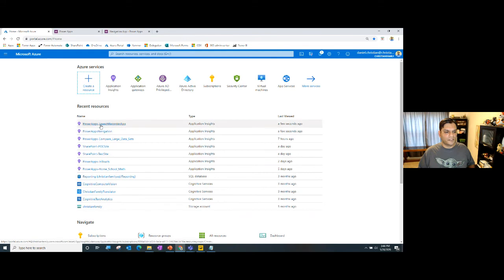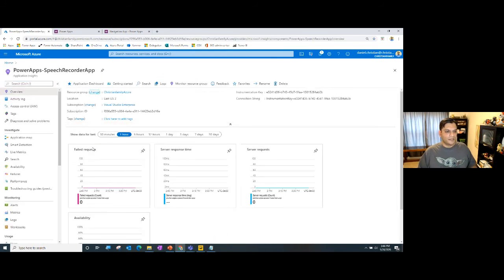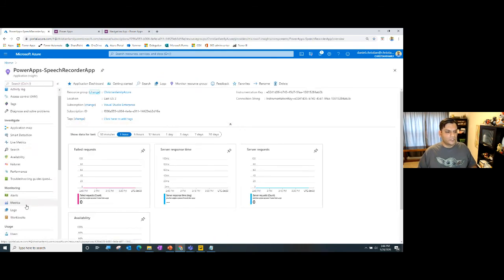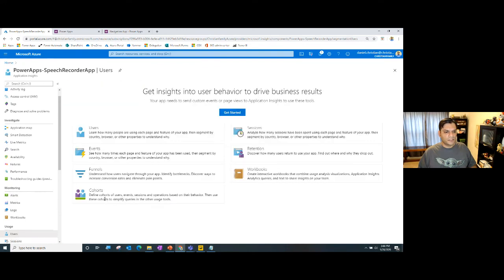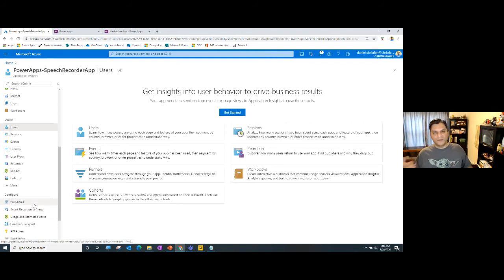Maybe it wasn't enough over there, so we'll try that one more time. Go back to the users. The reason this pops up over here is because it really doesn't have any data yet. So keep in mind that 30 minutes is a maybe, but I've seen it come as early as 15 minutes, or it can take up to an hour.